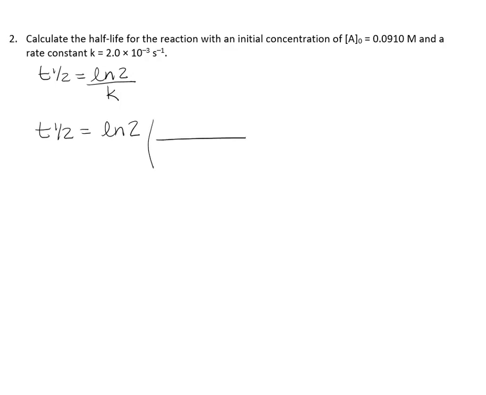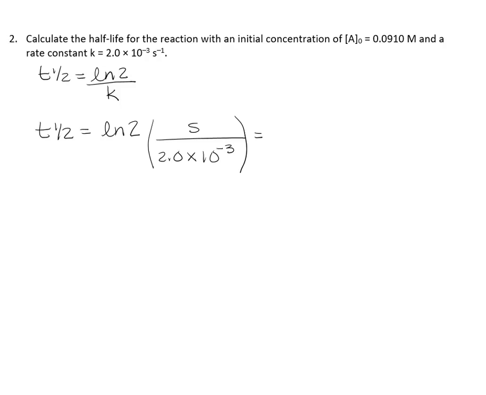I'm going to write the k by itself, so that way I can be very clear about the units for k. So any numerator units and denominator units will be fully separated. k is in the denominator, so I start writing it there: 2.0 times 10 to the negative 3 inverse seconds. So I'm going to flip the seconds to the top. And there's nothing here that will cancel. Half-life is a unit of time. That means that however the units work out, you have to be left with units of time.